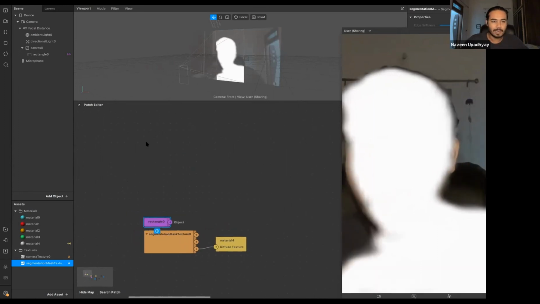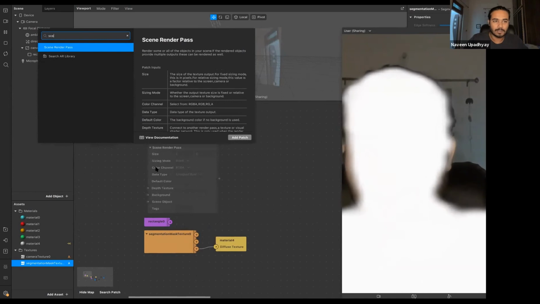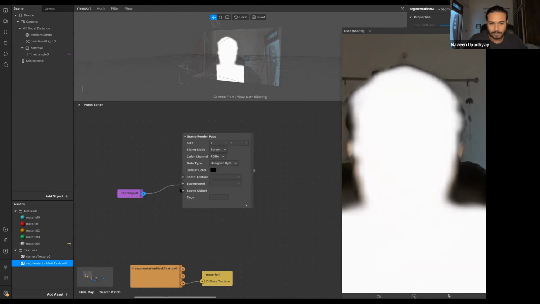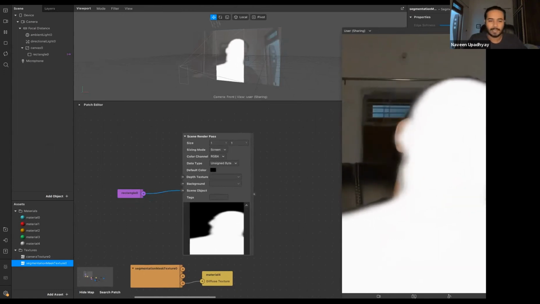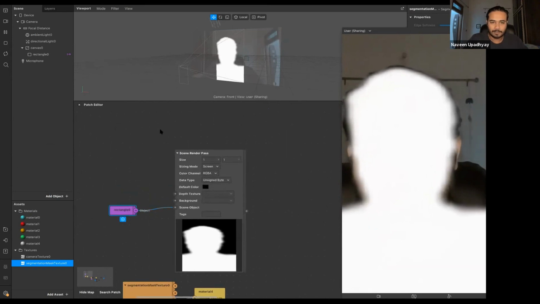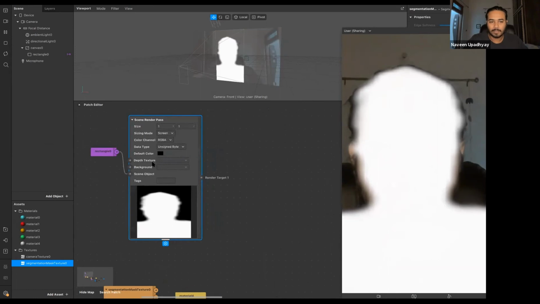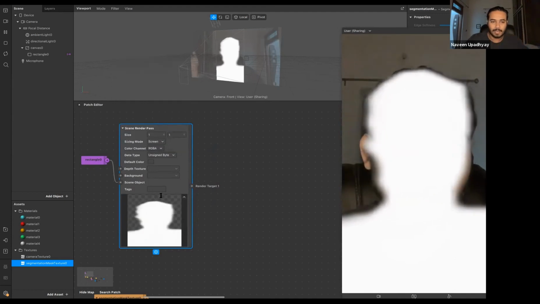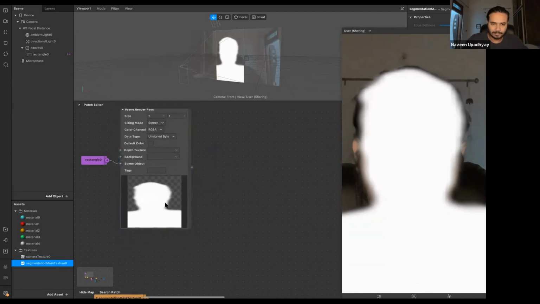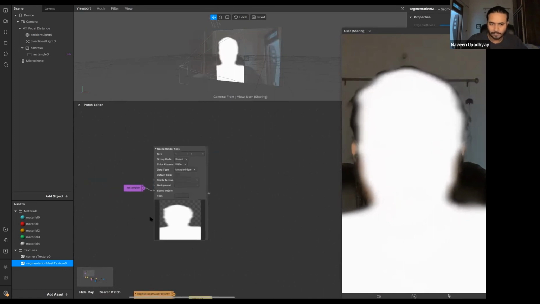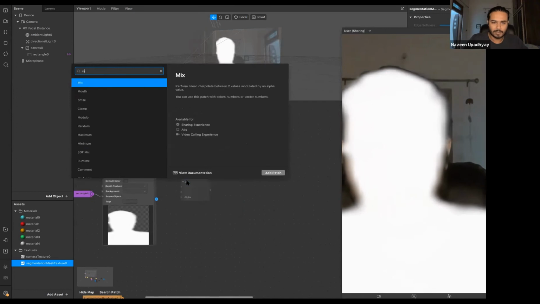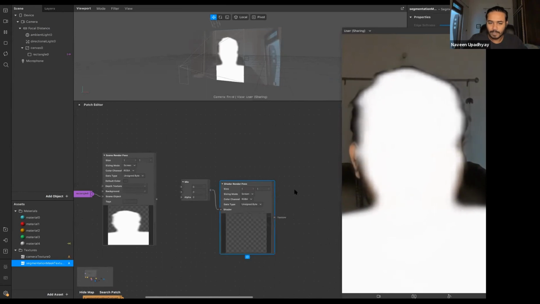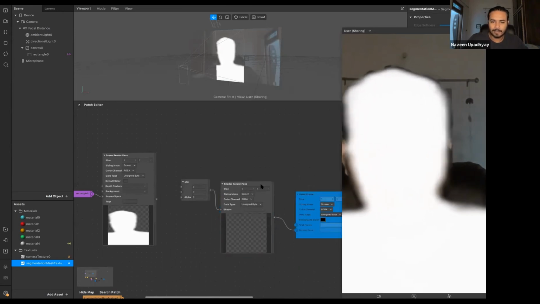What I want to do now is use a scene render pass and pass just this rectangle to it so that I have just the white shape here. I don't want to use this black color, so I made it transparent. I don't want to care what is in the background. Then I want to take this alpha, which is white, and I'm going to use a mix patch. I'm going to use the shader render pass, and then a delay frame, and this delay frame should